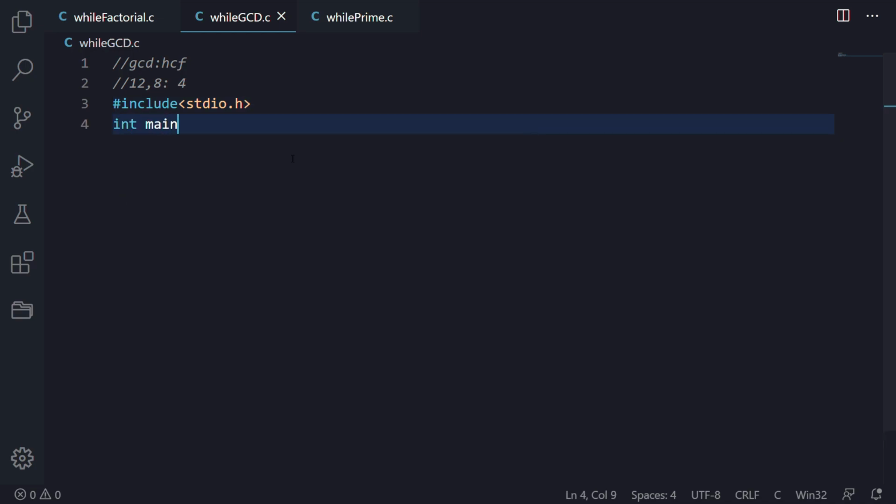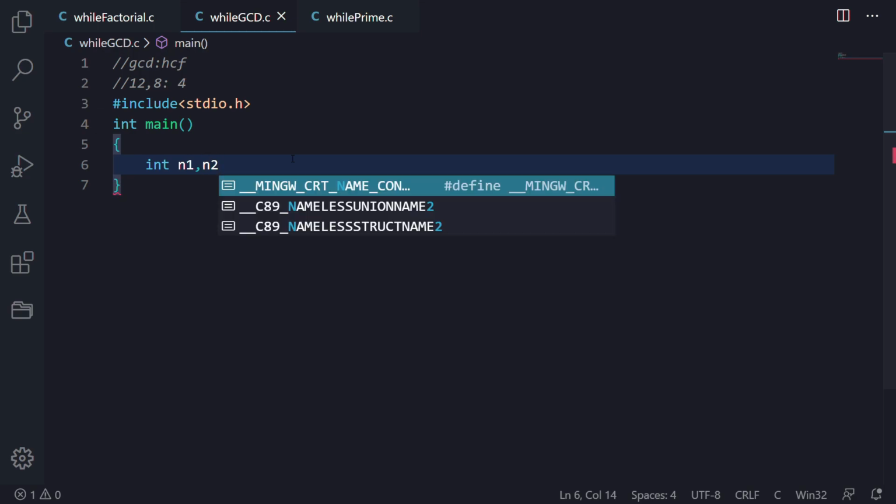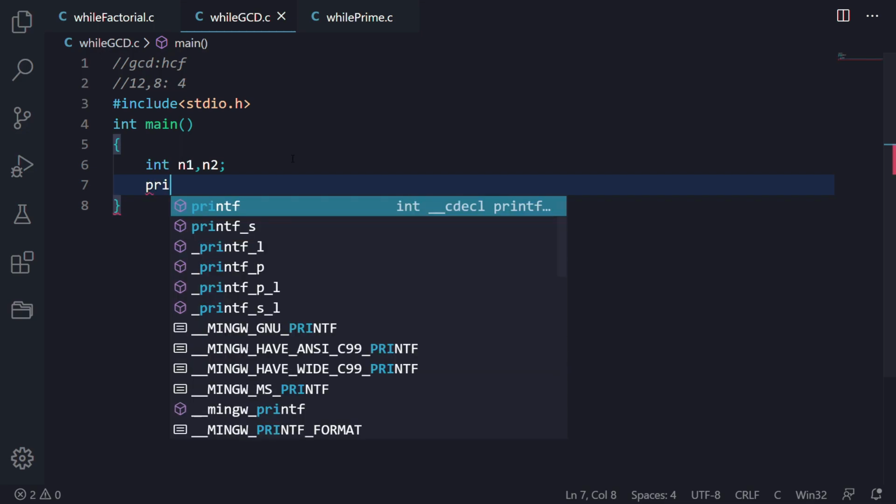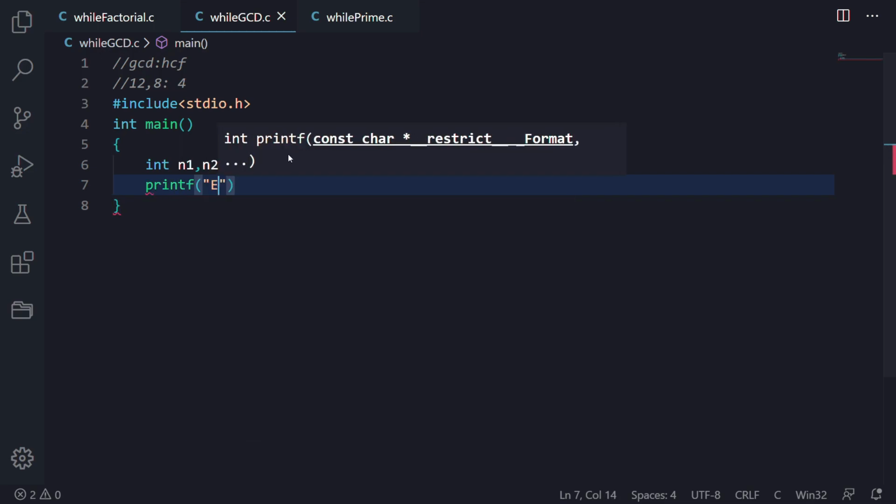After that, int main. Here in the GCD problem, we will just take two values. You see in our example, we have taken two values, 12 and 8. Here we will take two values. We will ask the user to enter the values,